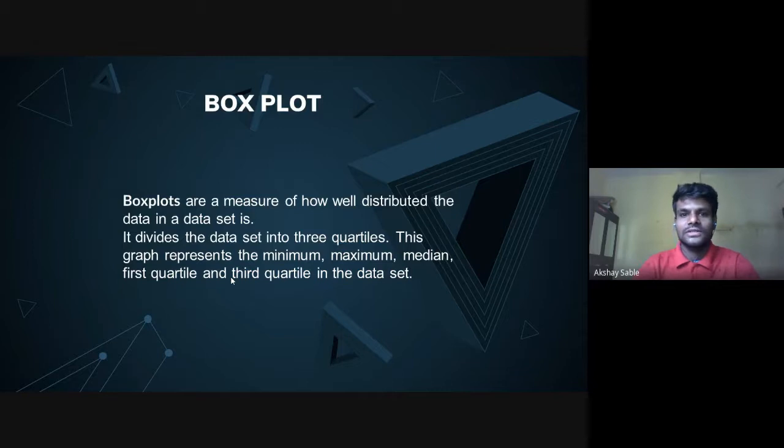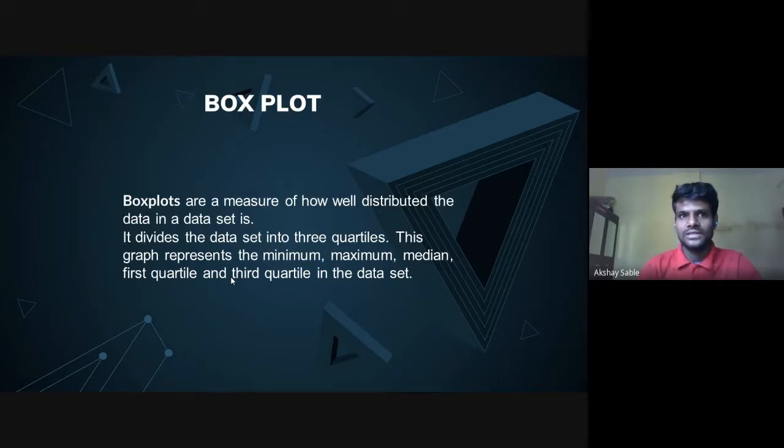Box plots are a measure of how well distributed the data in a data set is. We can measure how well the data is distributed in the data set. It divides data into three quartiles, representing the minimum, maximum, and median quartile.